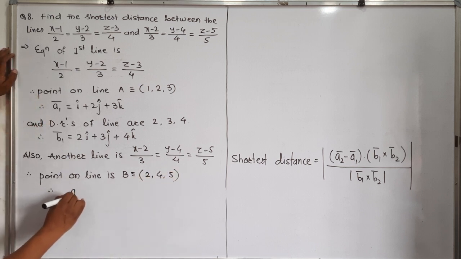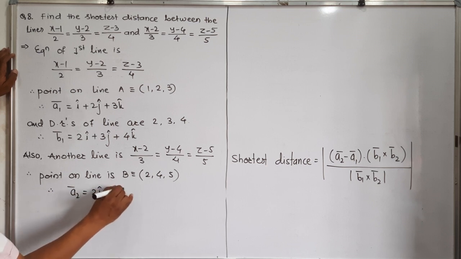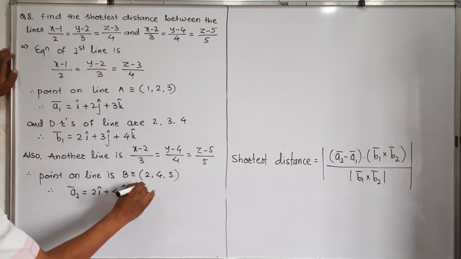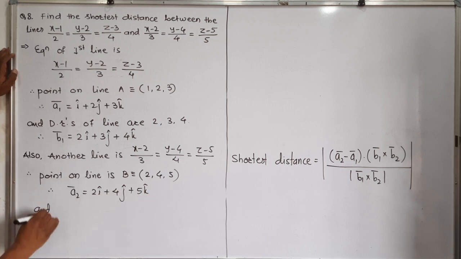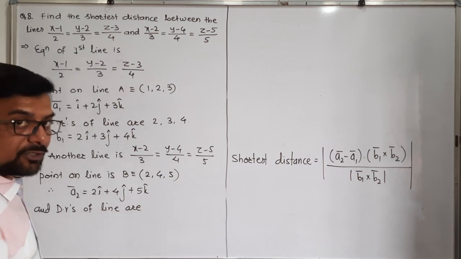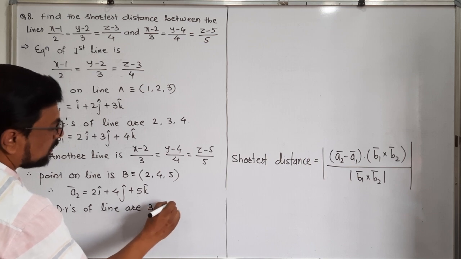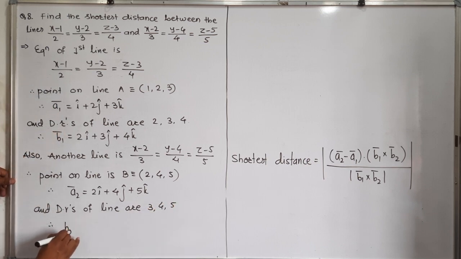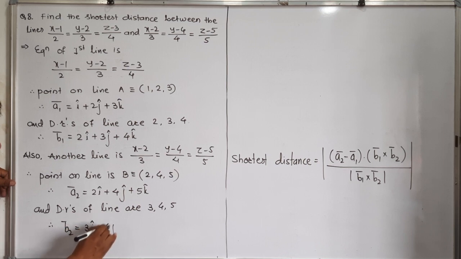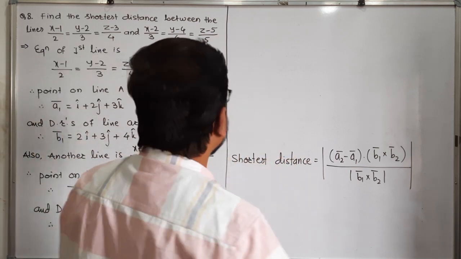So a2 vector is equal to 2i cap plus 4j cap plus 5k cap. And direction ratios of the second line are 3, 4, 5, which means this is b2 vector. Therefore, b2 vector is equal to 3i cap plus 4j cap minus 5k cap. Now, the remaining process is the same. First of all, we will find